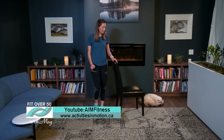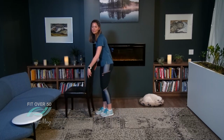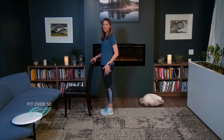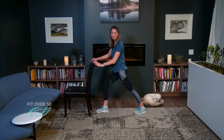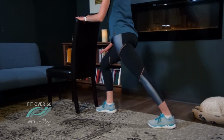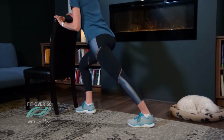Now we're gonna move right into a stretch. We're gonna stretch into the back of the legs. And we're gonna start by holding onto your chair, feet together, and then take a big step back. All right, good. So we're going to start by stretching our hamstring, the back of the leg, and we're going to be bending into your front knee, press into the back heel, and then shift your weight and lean in